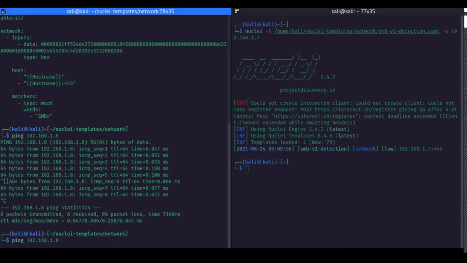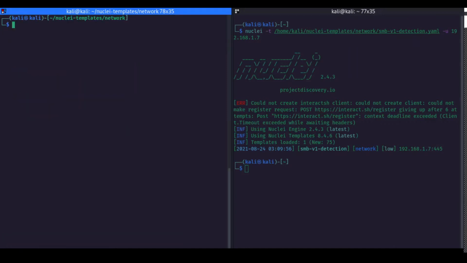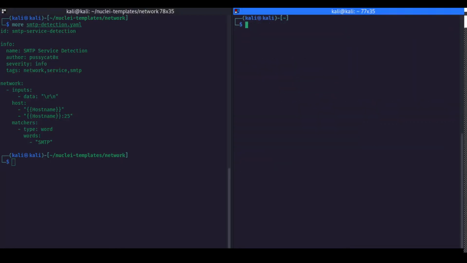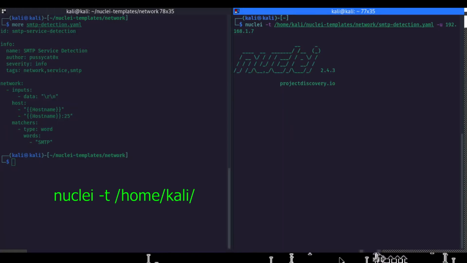So also we can use another template to check if we have an SMTP version running as a service on a particular host. So that is also possible, and quite frankly with Nmap you can check that too, and if you want to double check, then this Nuclei template can be useful. So we can have a look. SMTP. So this is basically the SMTP template that you can check for that. So let me, yeah, same again, we will be trying this thing, SMTP, and there we go.